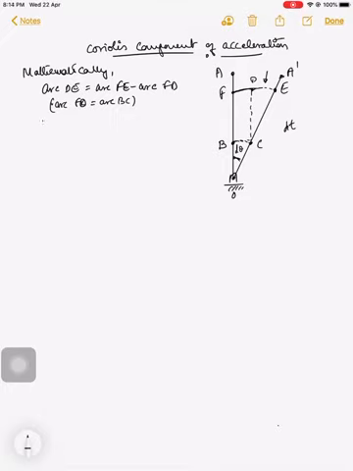So therefore, arc DE will be equal to arc FE minus arc BC. Now we know that to calculate the length of an arc, the formula is r into theta, where r is nothing but the length. So this will be equal to, when we consider arc FE, the length of the link is OF into d theta. See, this is also d theta.